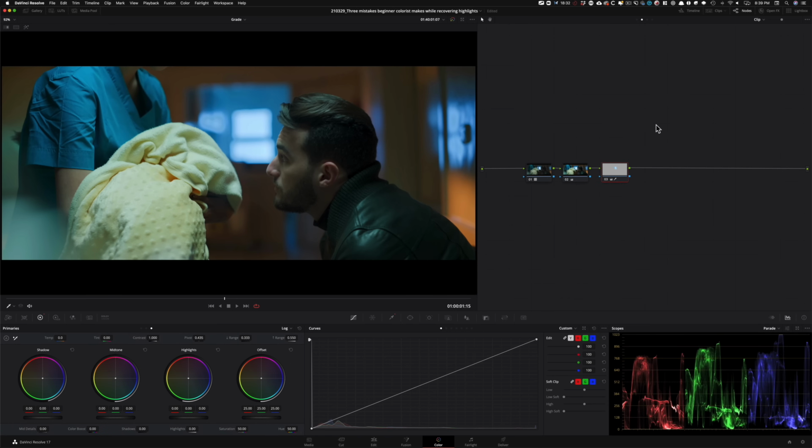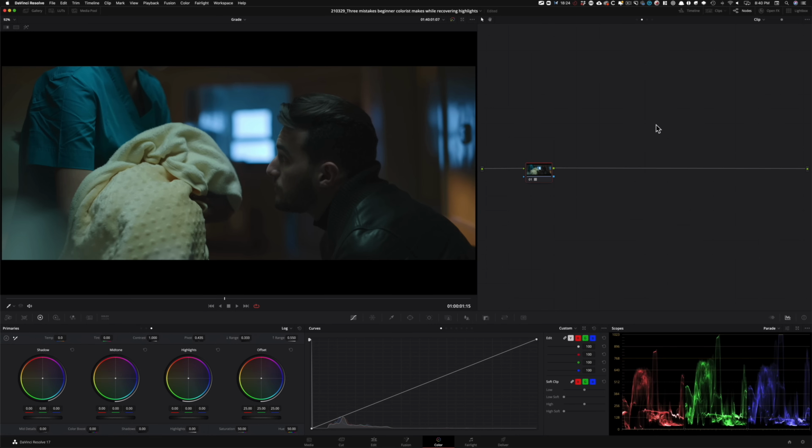All right, so for the sake of keeping our node tree pretty simple, I'm gonna stick to the basics. So first thing that I'm gonna do is delete this node and delete that node, okay? So once we apply our LUT to our image, instead of making changes after the node, which we will, we wanna make our primary changes before the node. So I'm gonna go ahead and now the node tree